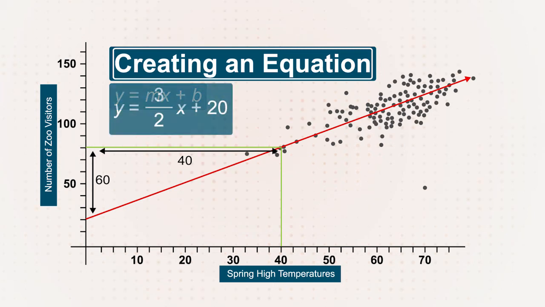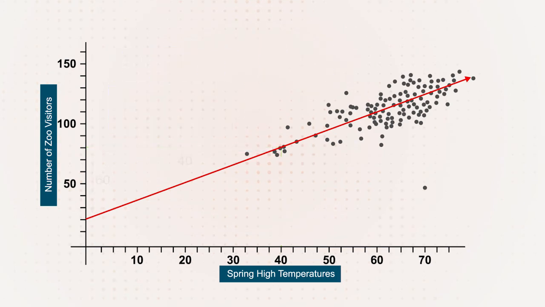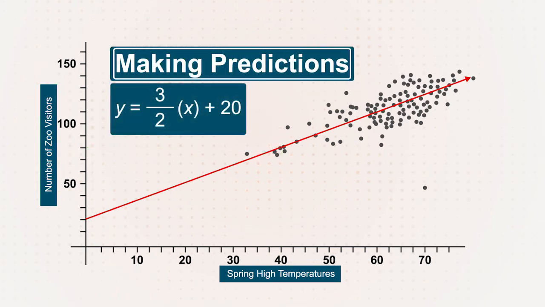So the equation for this graph is y = 3/2 x + 20, in which y is the number of visitors and x is the temperature. Once you have an equation, you can use it to make predictions regarding how the variables will affect each other. For example, suppose a zoo needed to order a number of handouts for visitors and needed an idea of how many to make. Considering this correlation, they could insert the high temperature of 72 degrees Fahrenheit for x in the